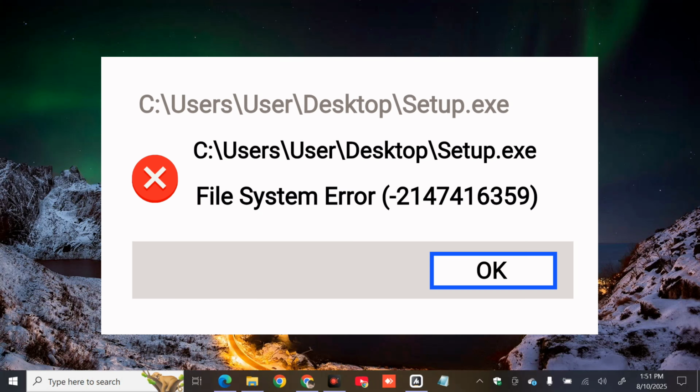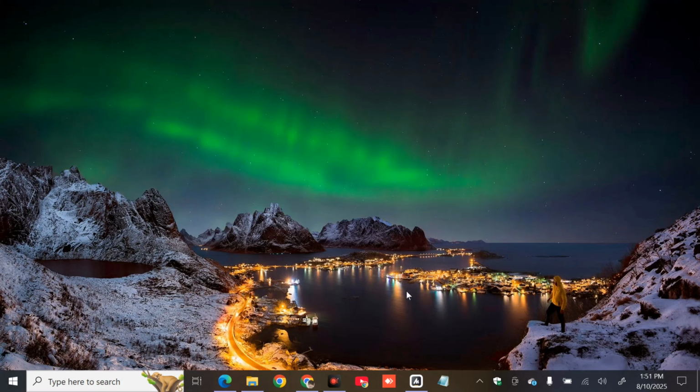I'm going to show you guys how to resolve the file system error code 214741639 on a Windows 10 computer. So this file system error code 214741639